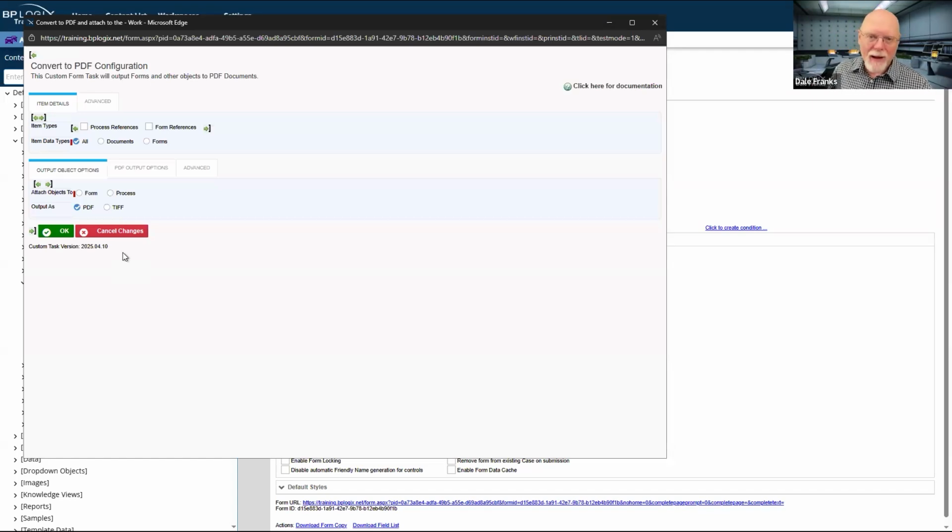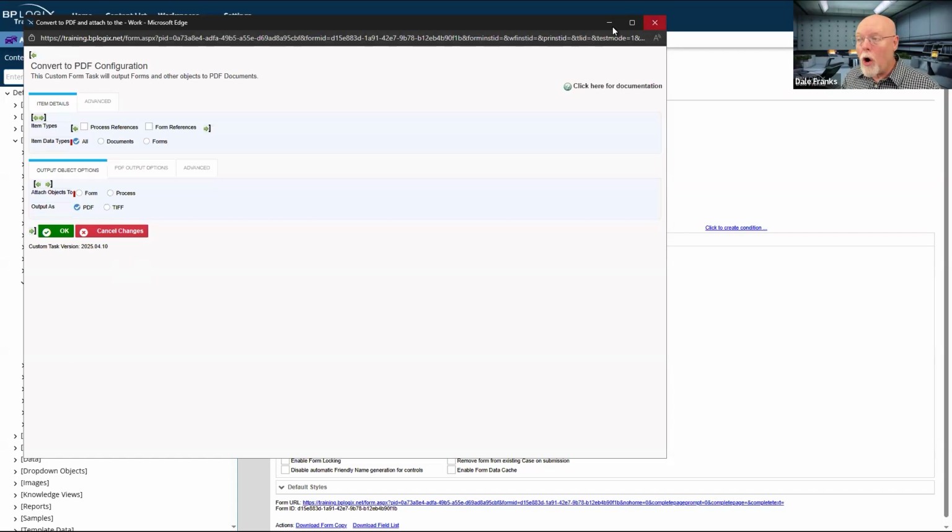And similarly, custom tasks from after that date would not work with the earlier versions. There was just no backwards compatibility from AES encryption. That's a very, very rare case. In most cases, the custom tasks are completely independent of the Process Director version, and you can just keep updating the custom tasks and it doesn't matter.